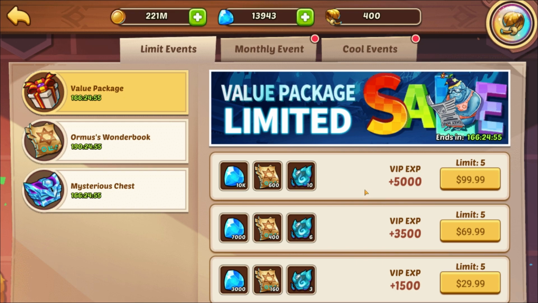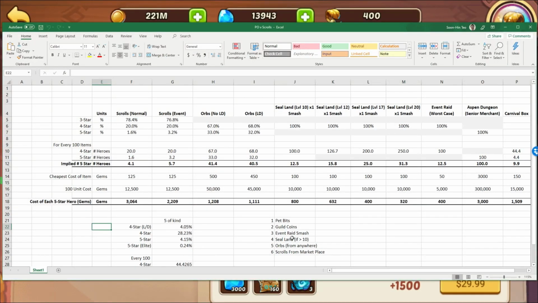The value packages this week, they've actually rejigged the value packages. If you haven't noticed, certainly this is the first time I've taken notice. Usually the top prize is only 5,000 gems, but this week they're giving away 10,000 gems. I think they've tweaked it slightly. So the $100 package is 10,000 gems, 10 profit orbs, and so that's worth, if I do my math,